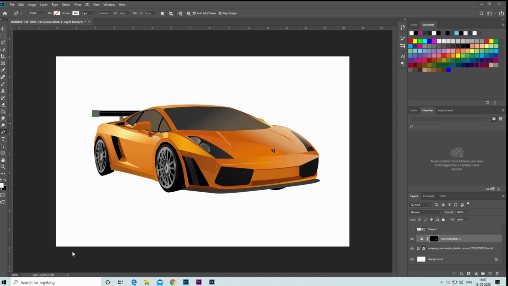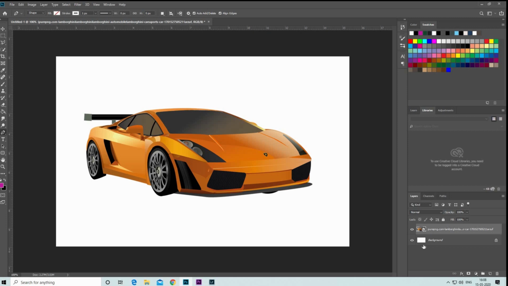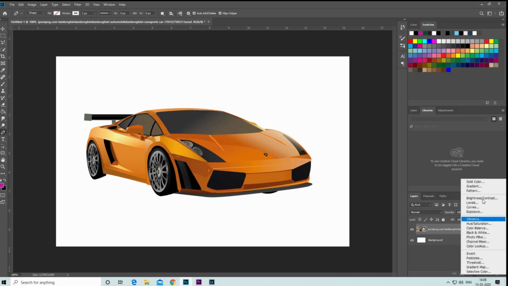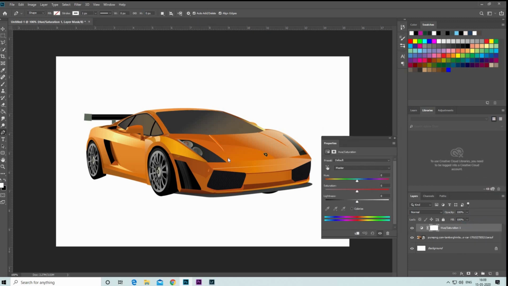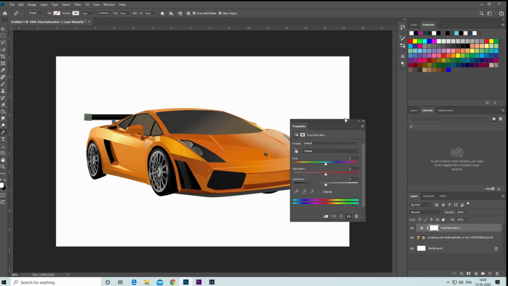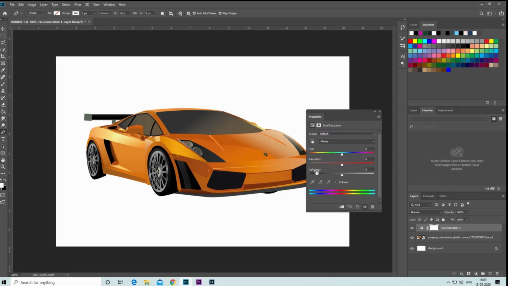And now as a practical application, let's apply a hue saturation layer to our object. Here I have taken a car as my object. I can change the color of this car. I can apply pretty good animation to this car, and I can also apply some cool designs, like giving a cool look to my car. So let's get started. First select this layer, click on this, create a hue saturation layer. As you can see, this dialog box appears. Here it contains all the three elements which we have discussed so far, that is hue, saturation and lightness. So we are going to control all three.